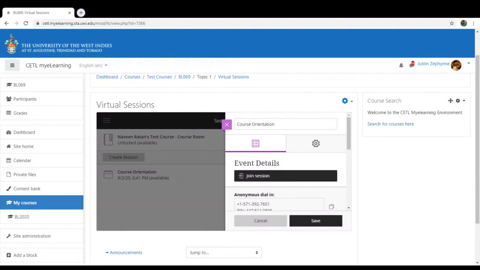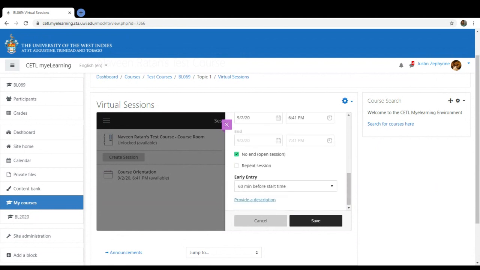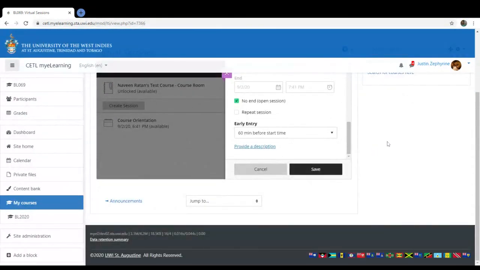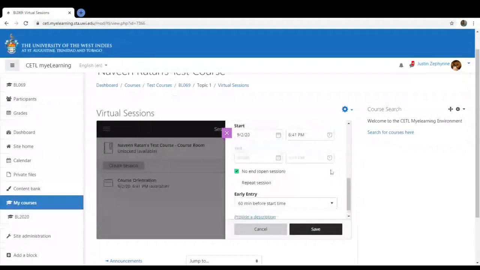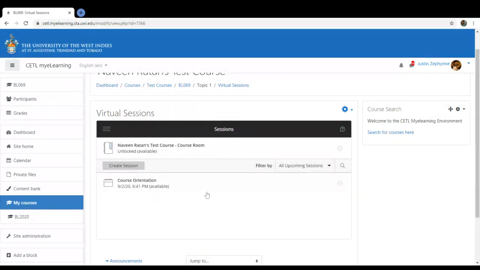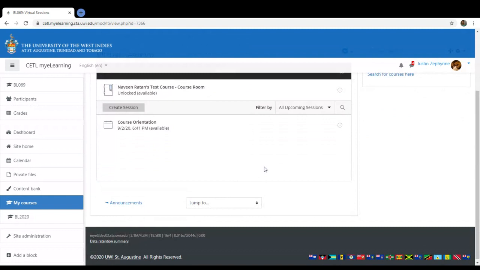Okay, great. So once you've set everything in for your session, you can go ahead, no problem, Henry, and click save. You click save, and you would see your session. It should look something like this. Let's close that off, and it looks something like this.